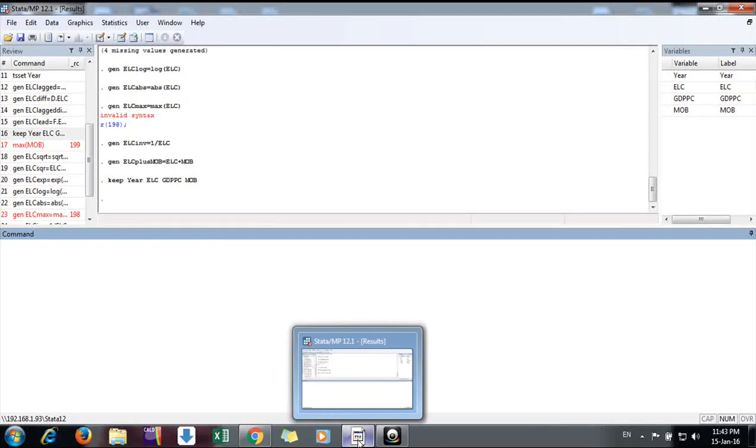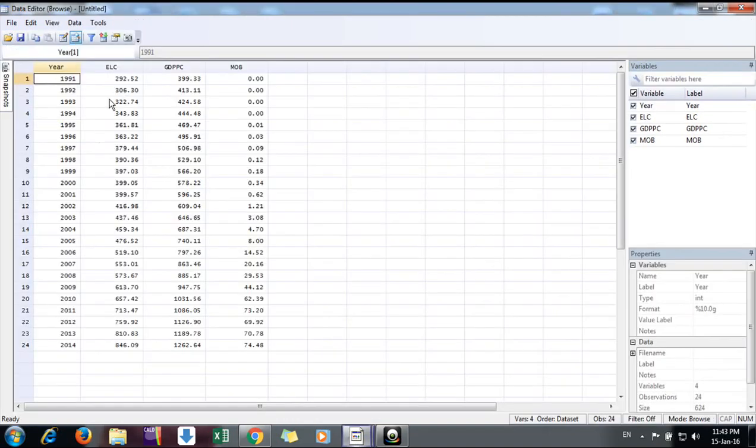In this video, I'll discuss how to generate new variables or how to transform the data which exist in Stata. So here we are having the data which is for years, electricity consumption, GDP per capita, and mobile subscribers per 100 for India. So suppose I want to transform data, I want to take the log, I want to take